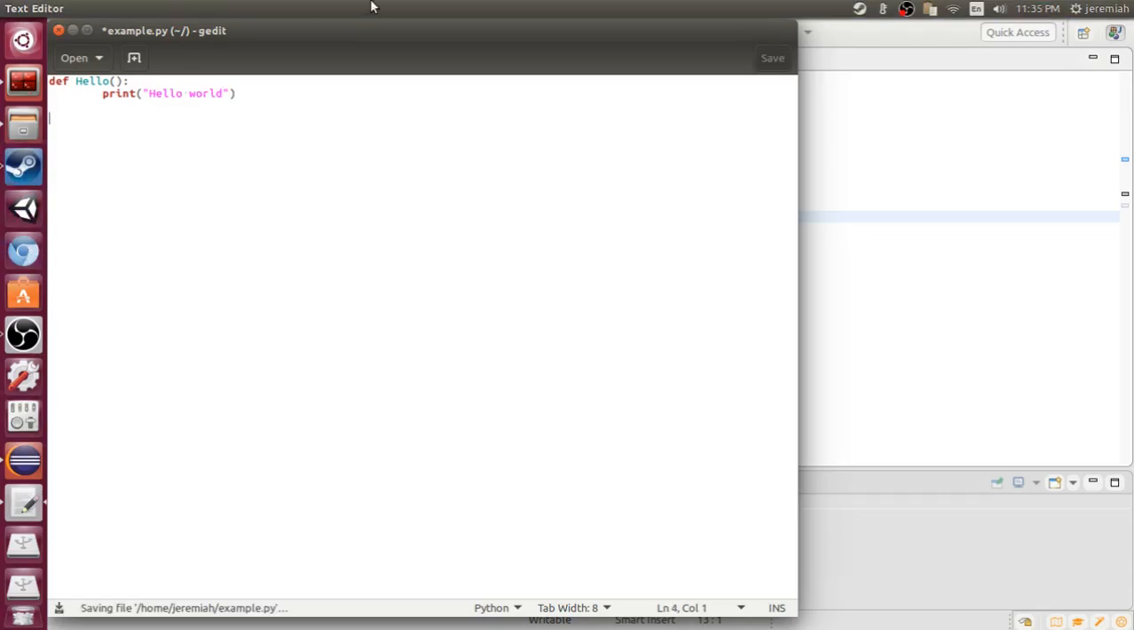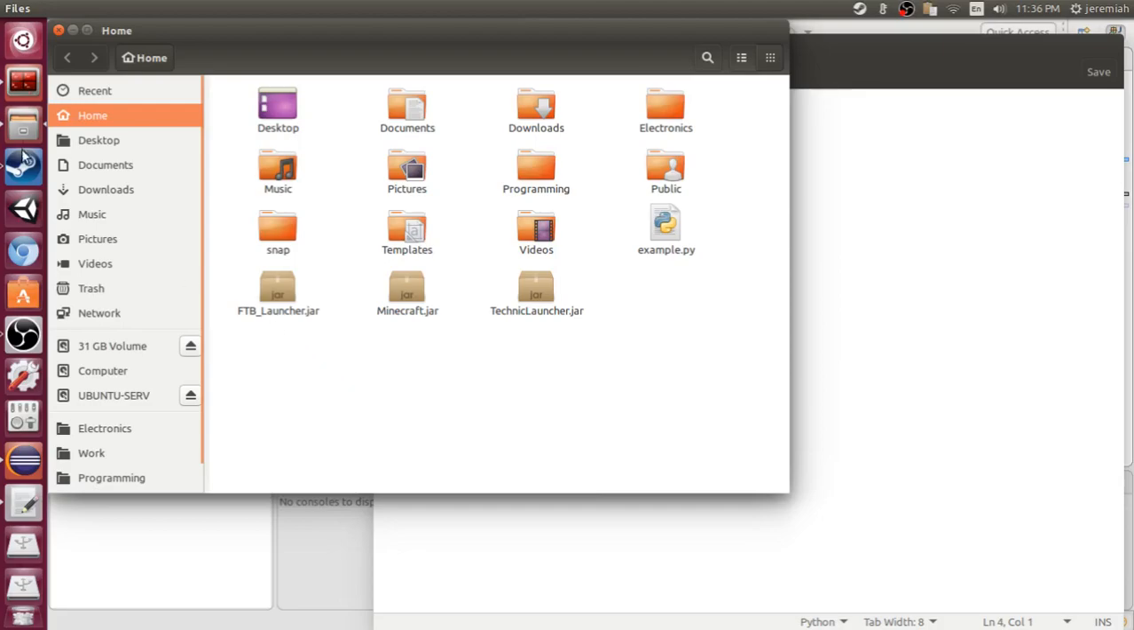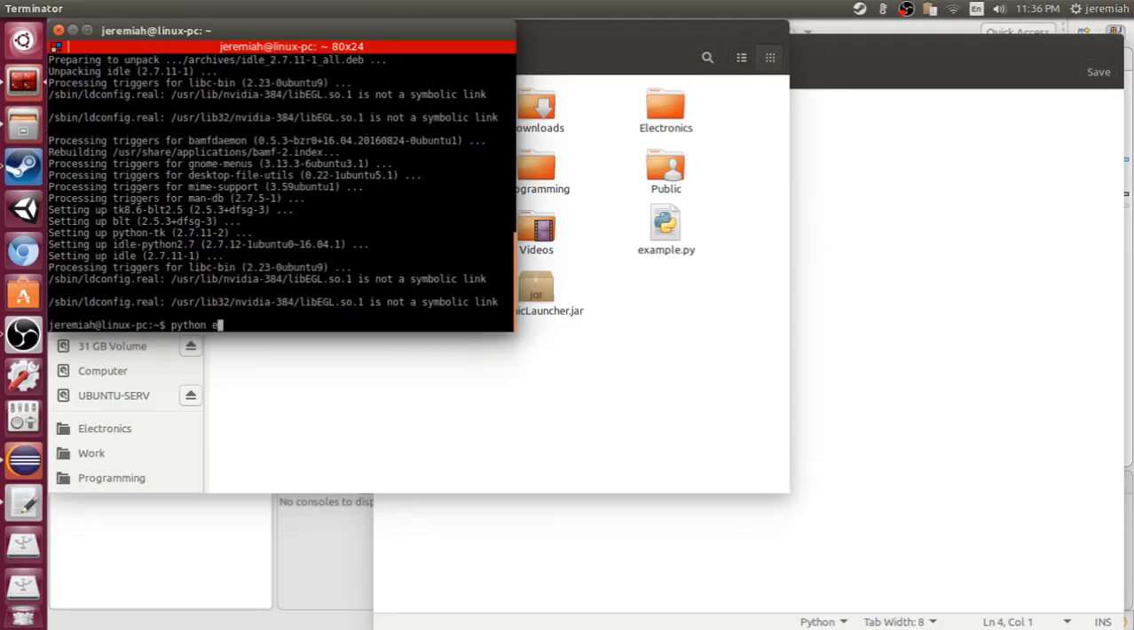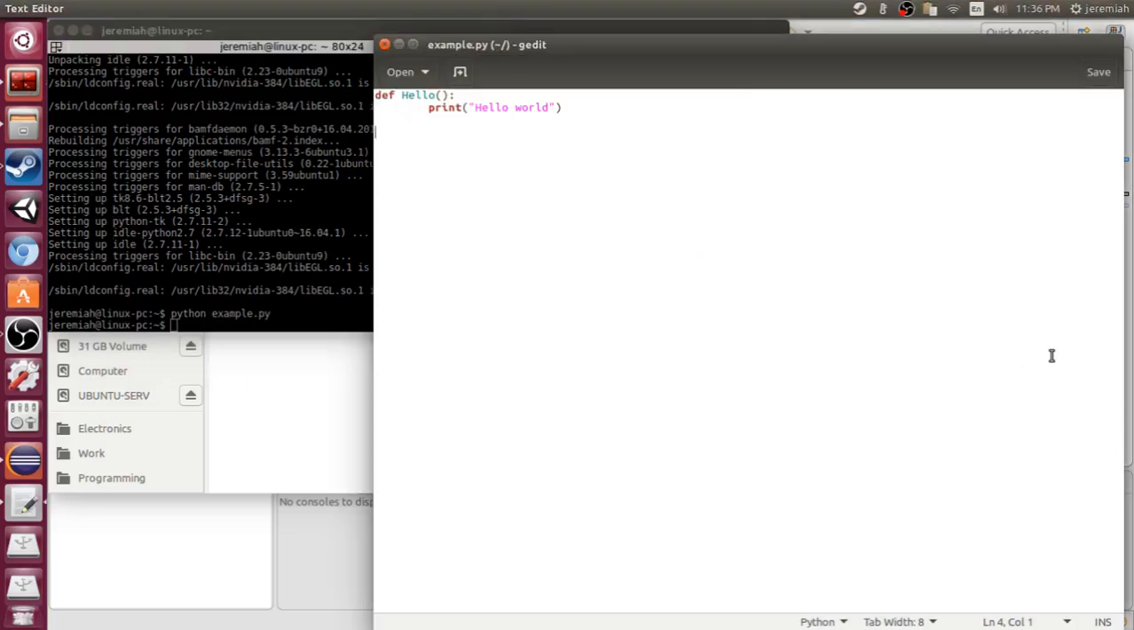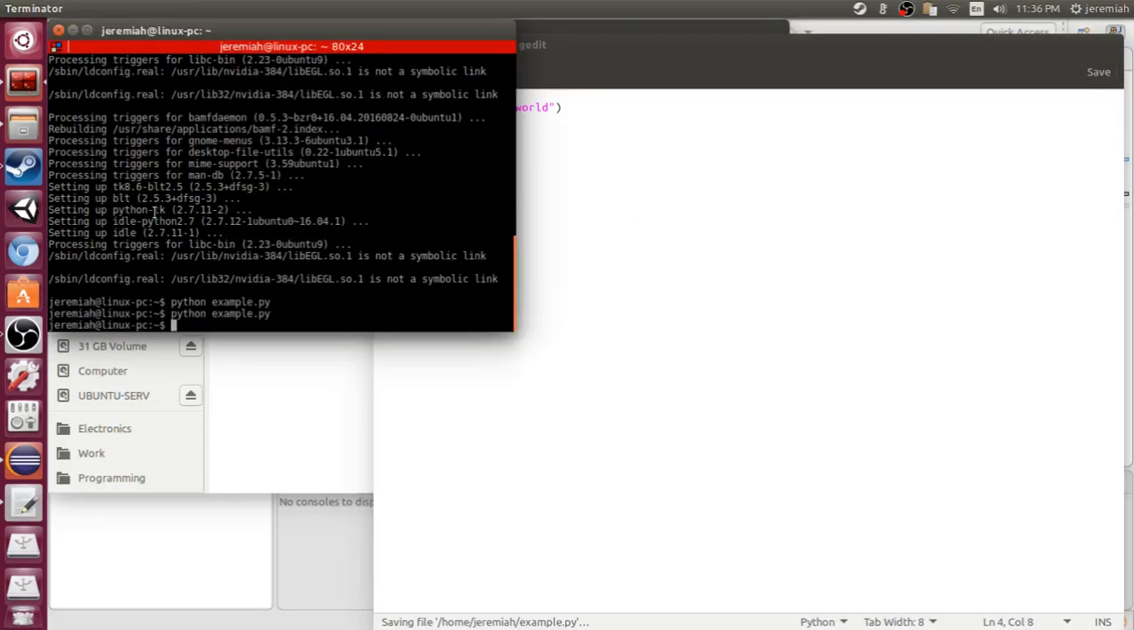And if I go ahead and run this program I just made, what'd I name it? Example? Okay. If I run it, it does absolutely nothing. Why doesn't it do anything? Well, because this is a function, and it's not actually going to do anything unless you tell it to do something. So, if I write hello, for example, and I save,